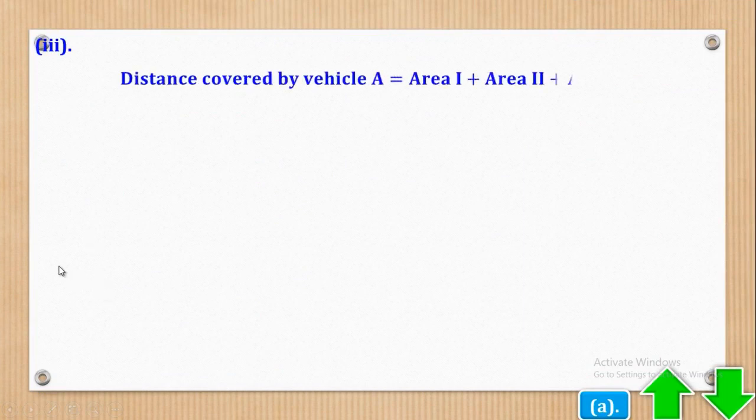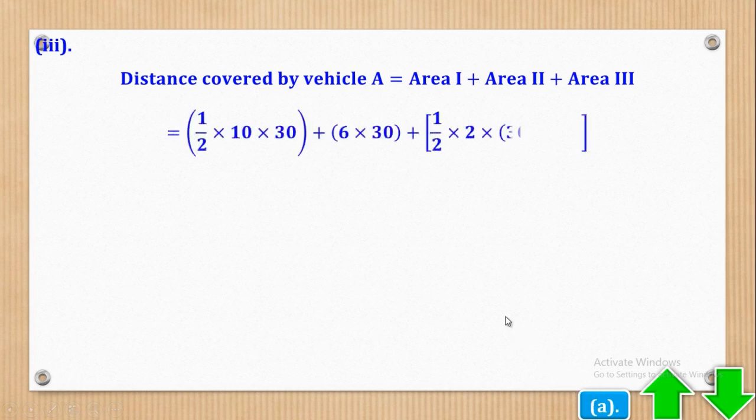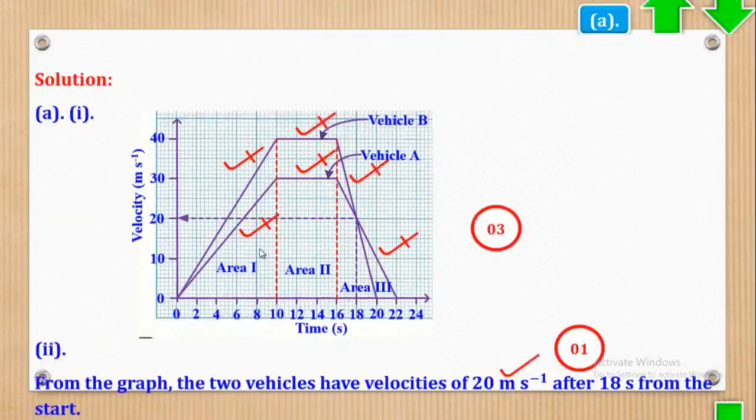So they want the distance, so the distance will be equal to the area under the graph. So yeah, let's first see the distance covered by A. The distance covered by A will be given by that, so let's see how it comes about. So from this graph,